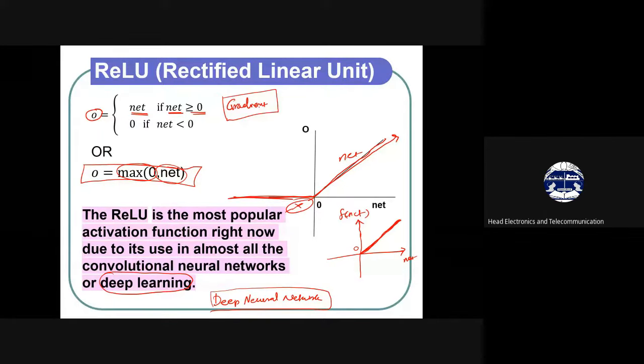When I use this rectified linear unit, I require f dash of the activation function, and you will see this when we go to the delta learning rule or multi-layers, that this f dash plays a very important role in